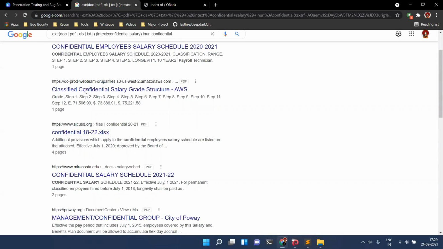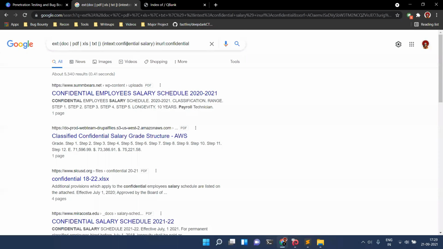So I have a list of websites with confidential salaries of the employees of that particular company. This obviously should not be publicly available. The URL itself has the word confidential and it's publicly available. Of course, this is a vulnerability. You can simply report this to that company.